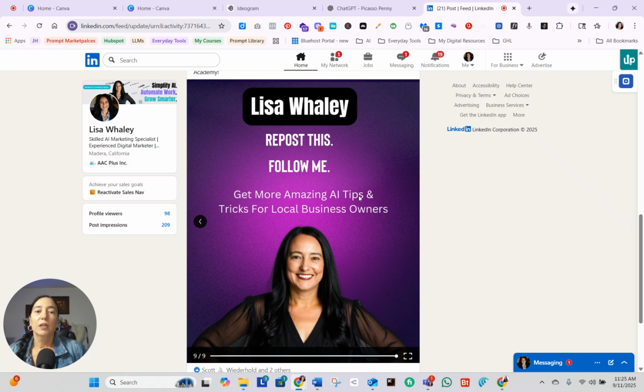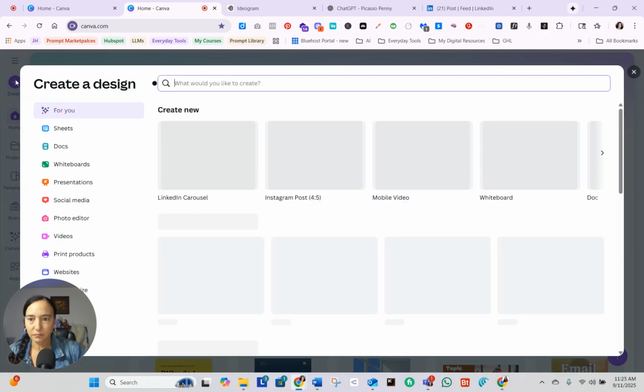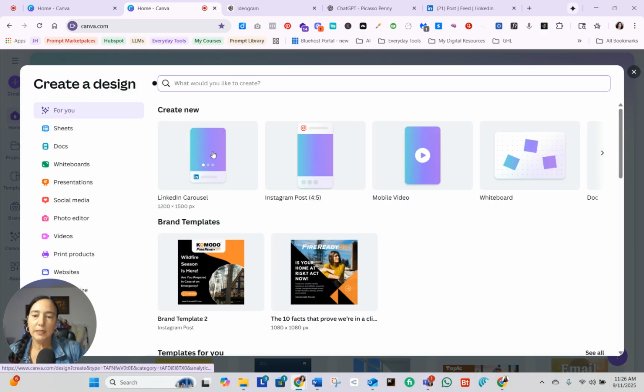So let's go ahead and start here in Canva. You're going to go to your homepage. This is kind of an over the shoulder walkthrough, so that you can know exactly how to do this. So I'm on my homepage of Canva. I'm going to go to create. Now you can go LinkedIn carousel post here, but it's a little bit different